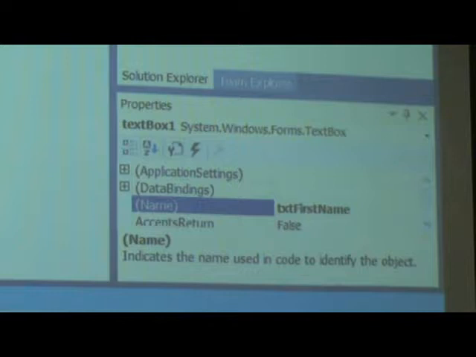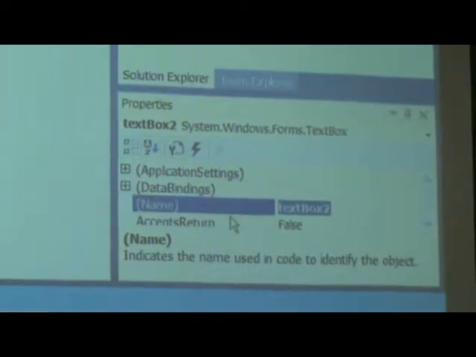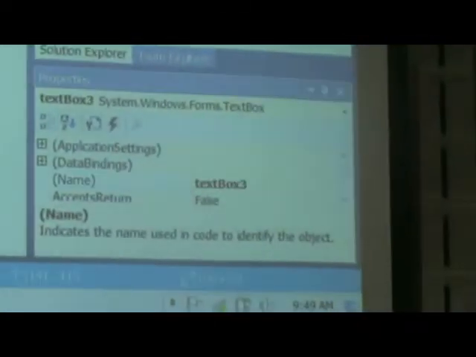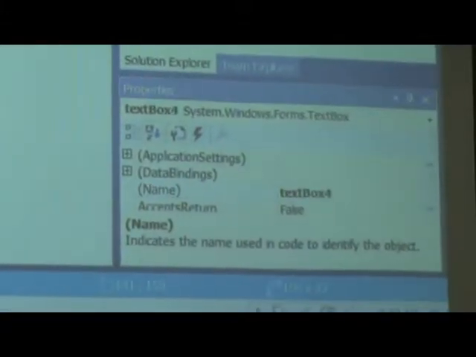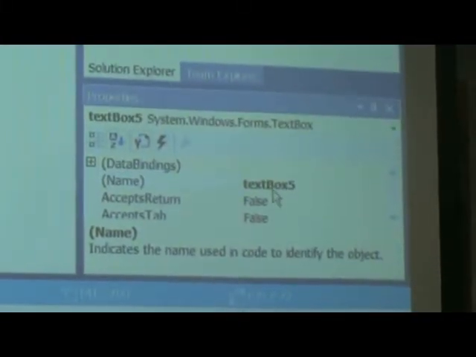Then the second one, through this I'll be collecting TXT last name. The third one, TXT ID. The fourth one, TXT test 1,